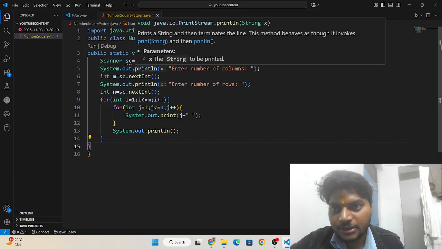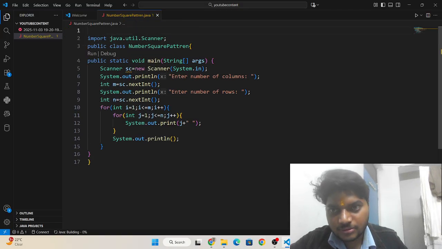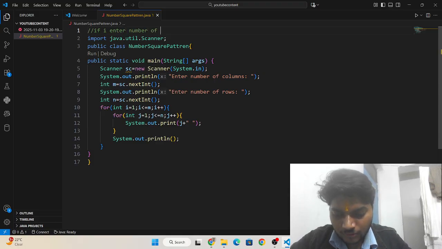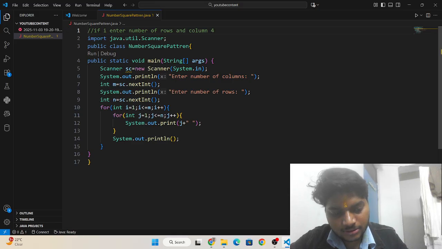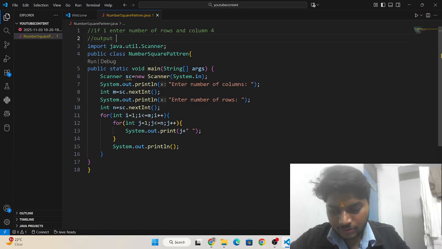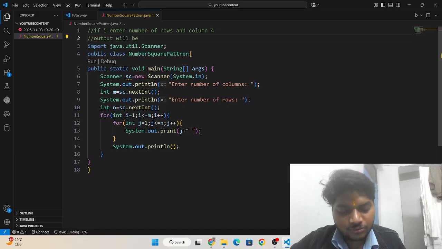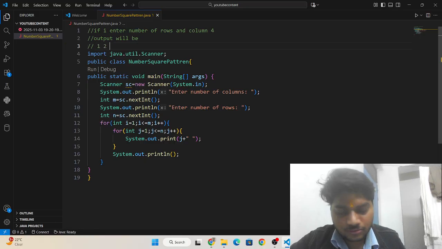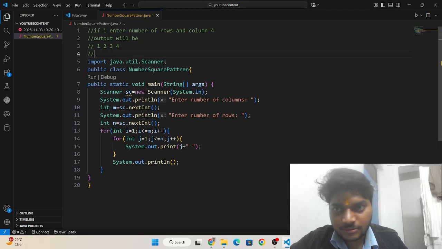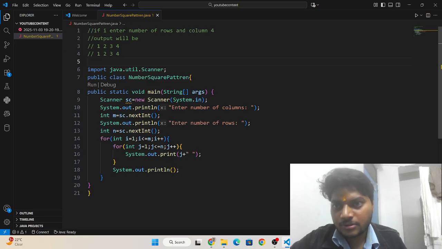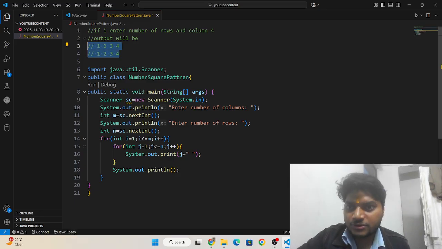Now it's done. If I enter number of rows and columns 4, then the output will be 1 2 3 4, 1 2 3 4, and this will continue.